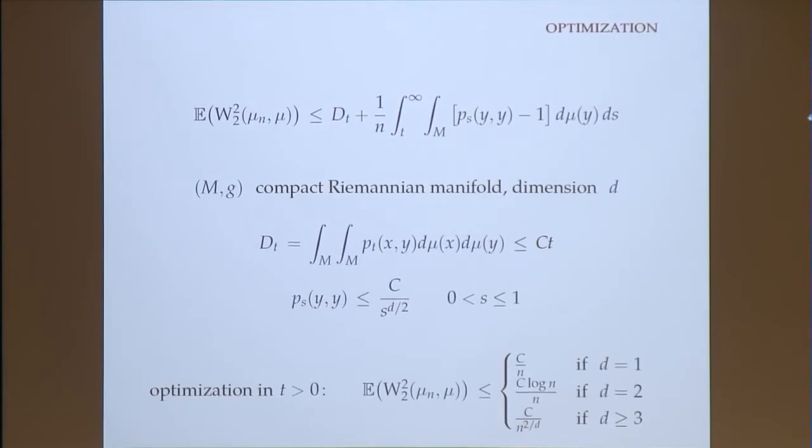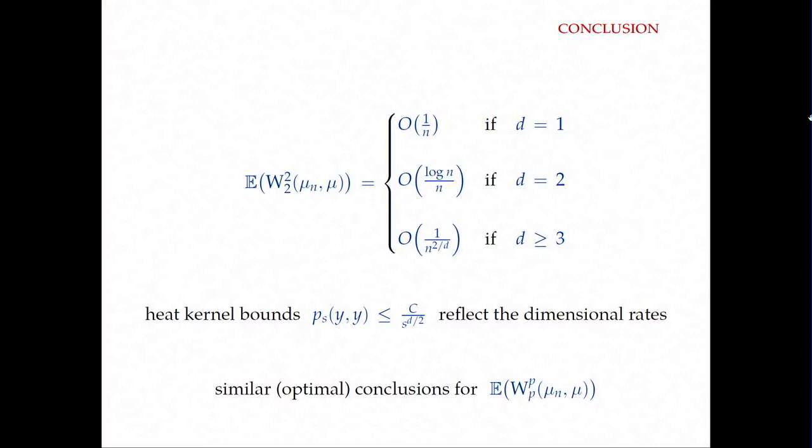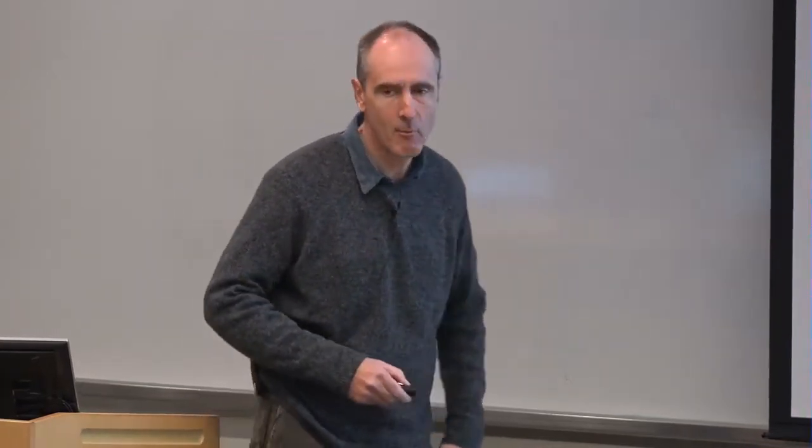Now you optimize, and you get this. So let me repeat here. When d is equal to 1, you get the standard rate, 1 over n. When d is equal to 2, you get the AKT theorem, log n divided by n. And when d is bigger than or equal to 3, you get the rate that we discussed, the standard rate, 1 over n to the 2 over d. But again, this is duality,